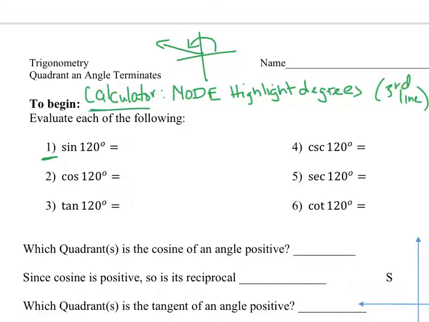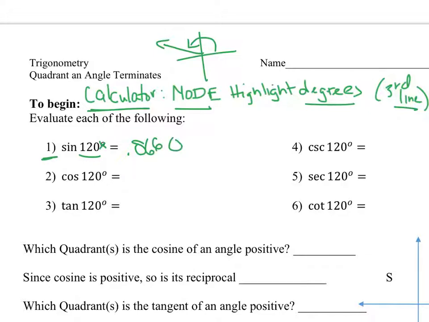So what you do have to make sure is that your calculator is in degree mode. So go to mode in your calculator, which is right next to the second button. Go to the third line down and highlight degrees, because we're putting sine of 120 degrees in there. So do sine of 120, so you hit the sine button and then 120. You don't have to do the degree symbol. And you do